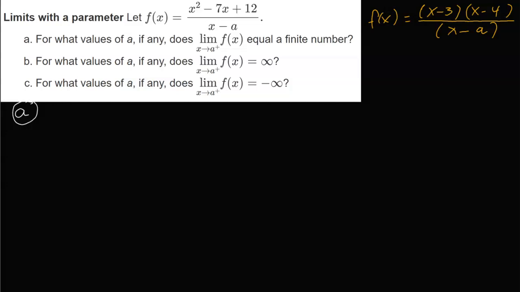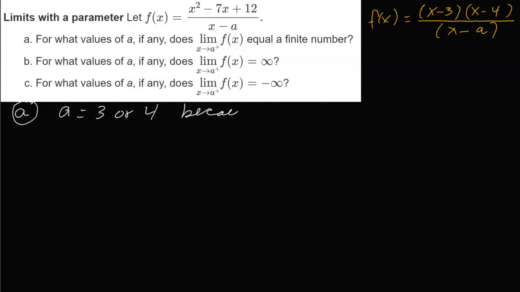Now, when you have a quantity divided by a small number, that is going to be positive infinity or negative infinity. So to answer part A, we will need to eliminate the small number in the denominator if we want to have a finite answer. So basically a could be 3, or a could be 4,